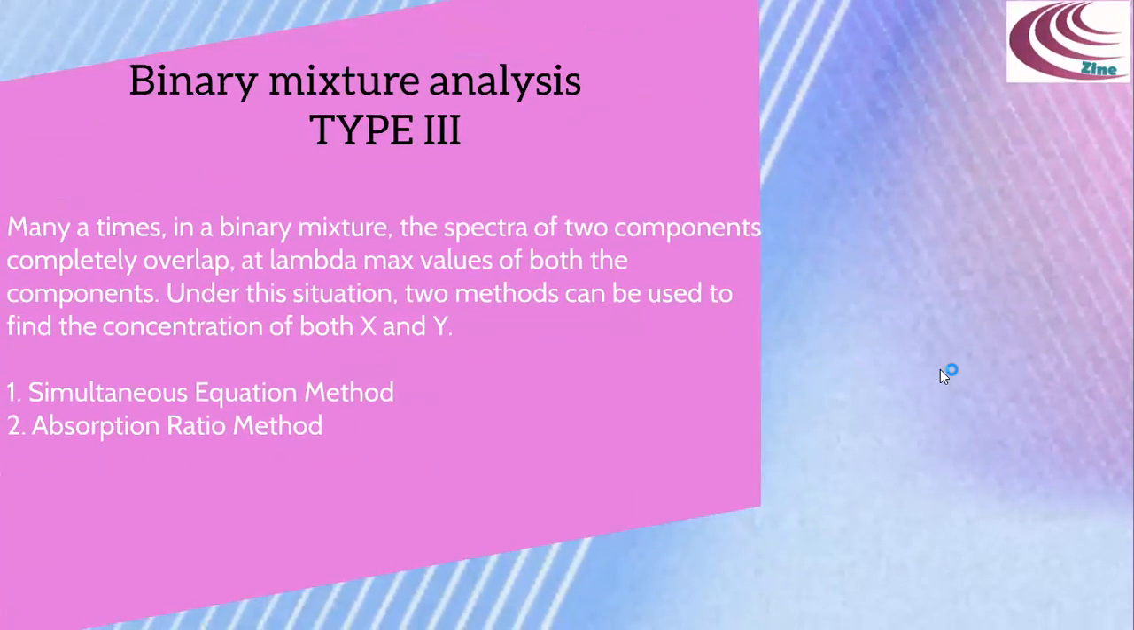So in this way we have done binary mixture analysis type 1 and binary mixture analysis type 2. Now in the coming class we will talk about binary mixture analysis type 3. In that we will learn the simultaneous equation method and the absorption ratio method. So right now, as part 1 of multi-component analysis by UV visible spectroscopy, we will stop over here